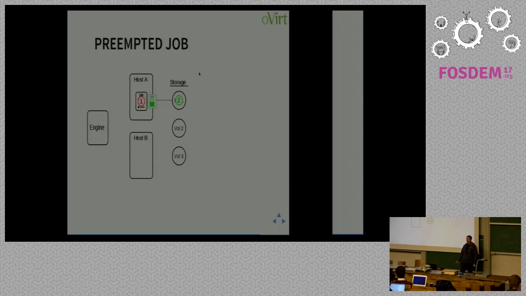Now, it's important to note that in the previous slide, when we acquired the volume lease, in both of those cases, we incremented the generation to 2. That's important because it serves a really good function. If, for example, host A comes back to life and reconnects to storage and tries to execute that job, we don't want it stomping on what we may have done since we did our reconnaissance. So this is a way of preempting those old jobs we don't care about that we've resolved.